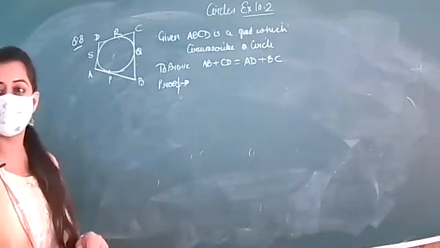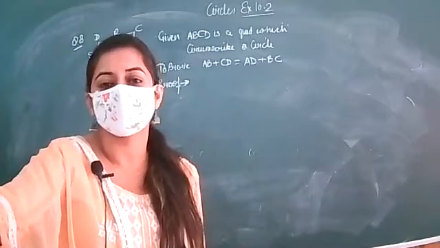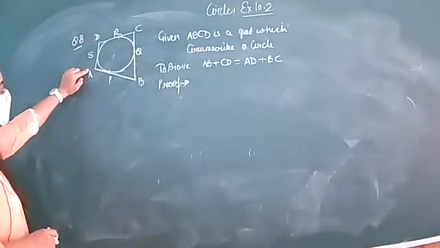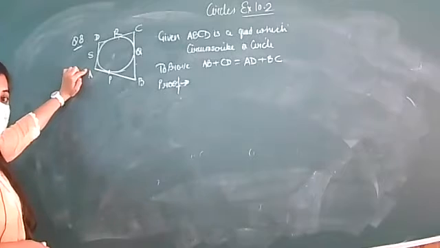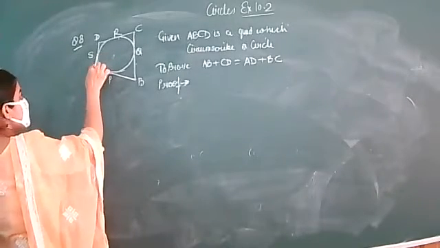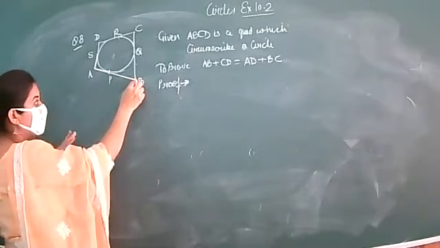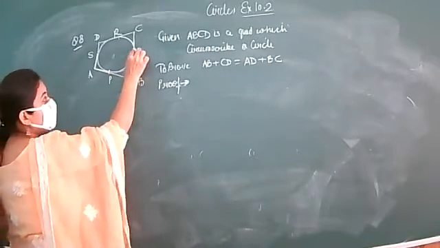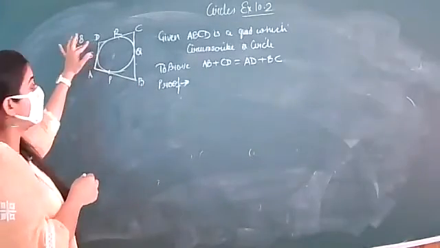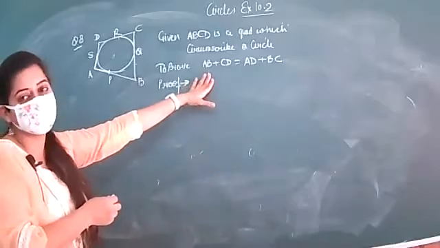Now let's apply the second result, theorem number 2, that lengths of tangents from an external point are always equal in length. As you can see, this point A is an external point and the tangents from this point A are AS and AP, which are equal. And B is also an external point, apply the same result. So BP is equal to BQ. You will get the 4 results from A, B, C and D. Then you will add all of these and you will get this result.